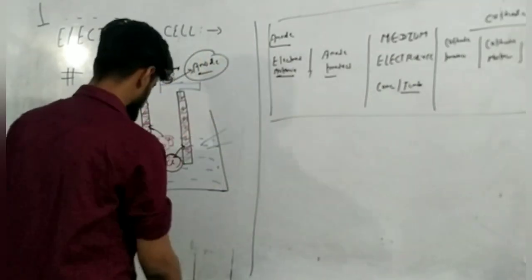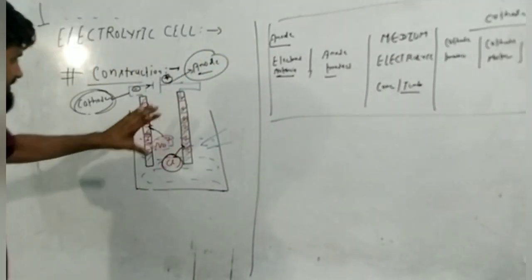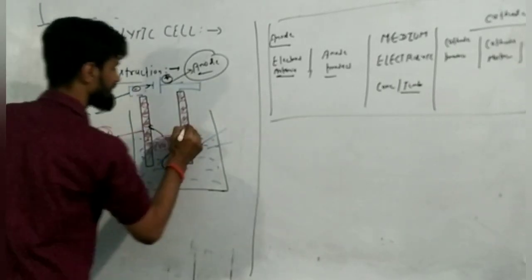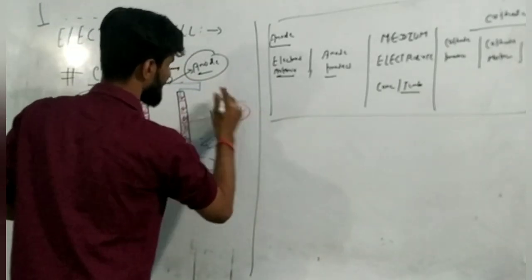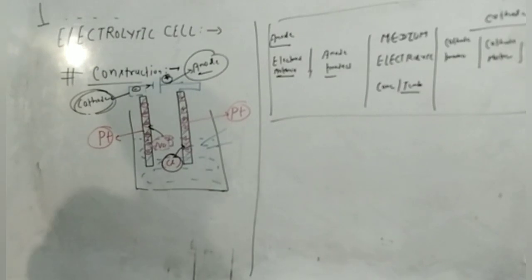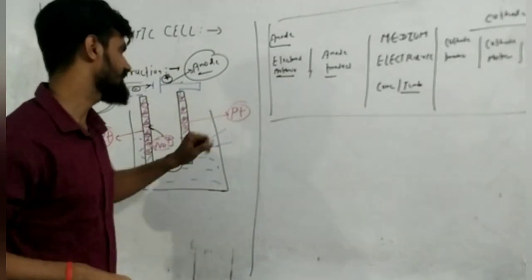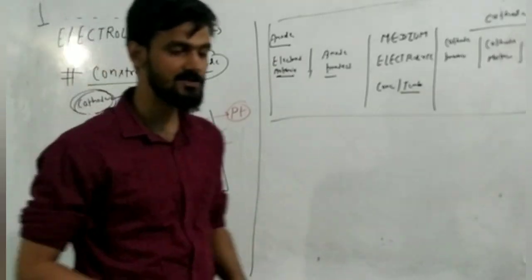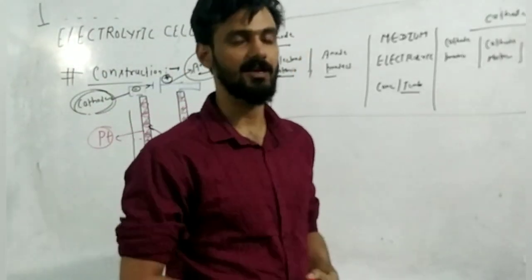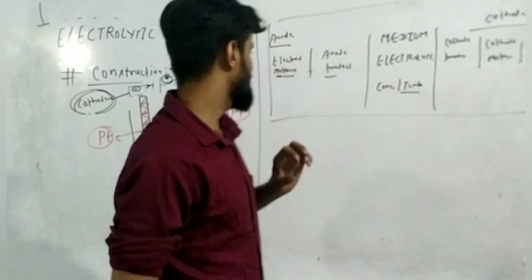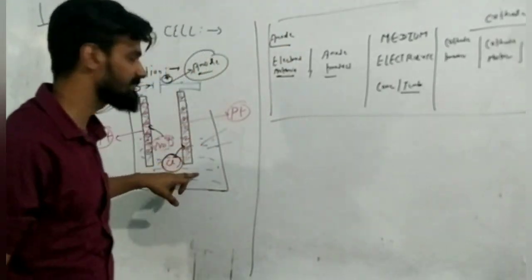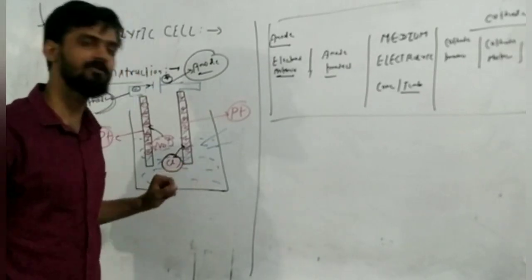Okay, so I am just denoting this cell, because in this cell I am taking platinum as an inert electrode. I think a question must arise in your mind: why are we taking platinum as an inert electrode? You can take any electrode, but generally we give preference to an inert electrode. The reason is that the electrode material should be chosen so that it is not going to react with the electrolytic solution. Then the cell will function very well.